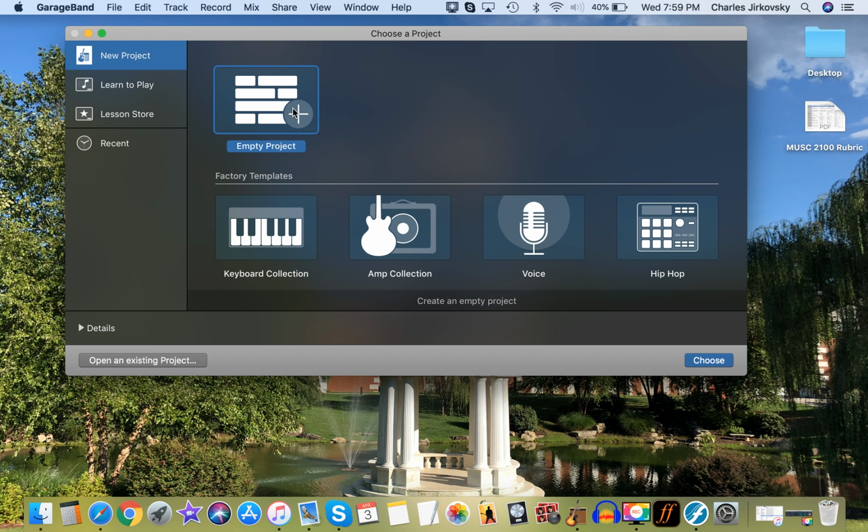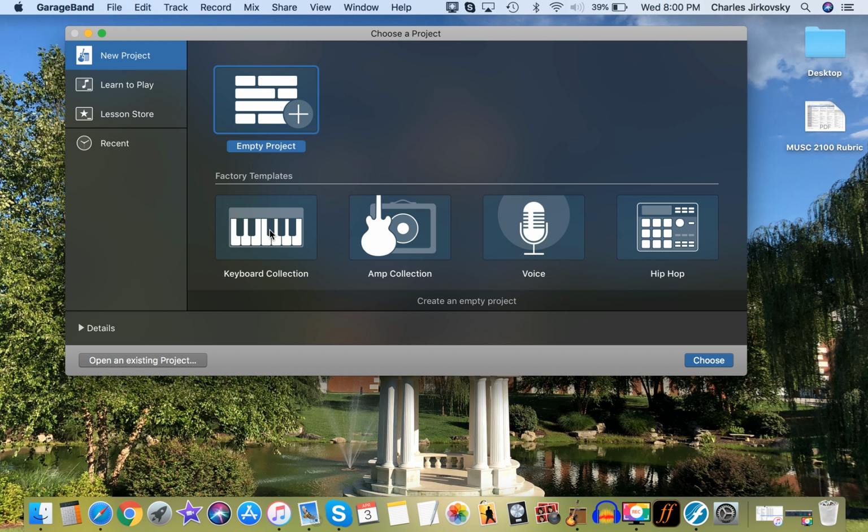This empty project option is what you'll use most of the time, but if you're working on something before, you can either go to Recent and click on Recent Projects, or if it's not one you've worked on recently, you can search for it down here. If you open with any of these other options, it just gives you some templates, but they're actually a bit cumbersome. I've explored them, but I've never actually used them. I think it's easier if you're recording keyboards to just search for the keyboard that you want, but that's